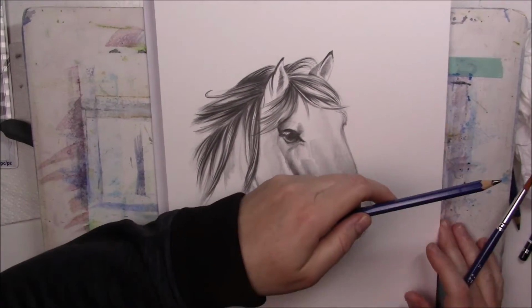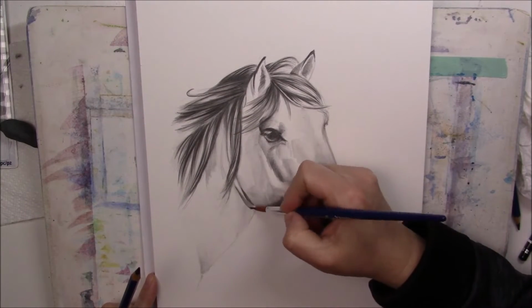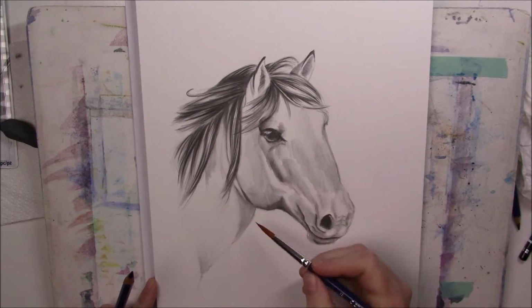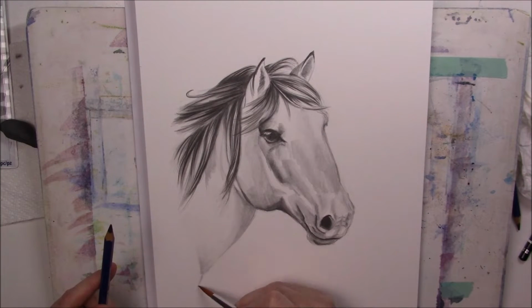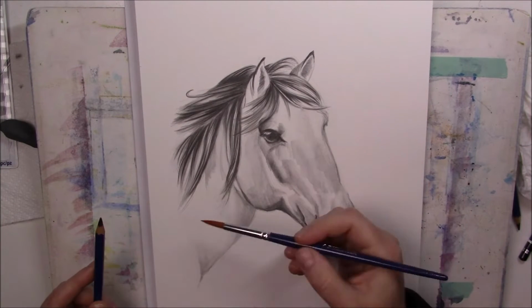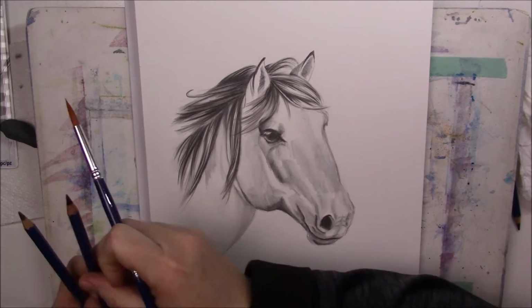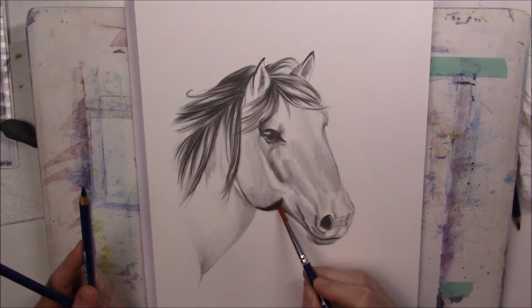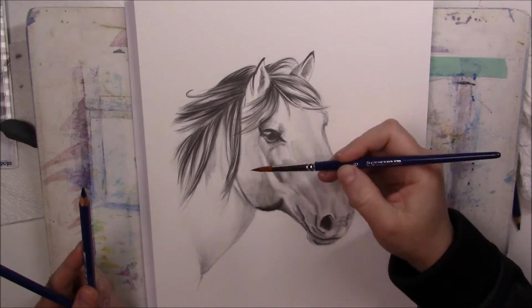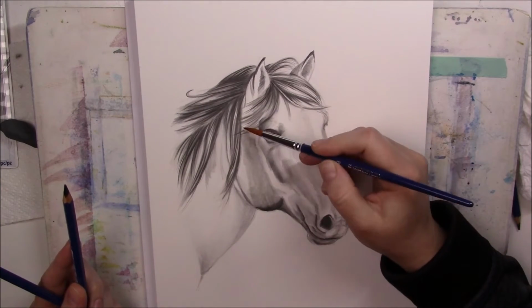But to first test it out, I went back to the 4B pencil, and with a wet brush, I lifted the pigment straight from the tip of the pencil and applied it with the brush onto the paper, just like watercolor, because I wanted to smooth out all the marks that I had put on the paper and unify everything. Pretty much right away I realized that the 4B was not dark enough, so I jumped straight back